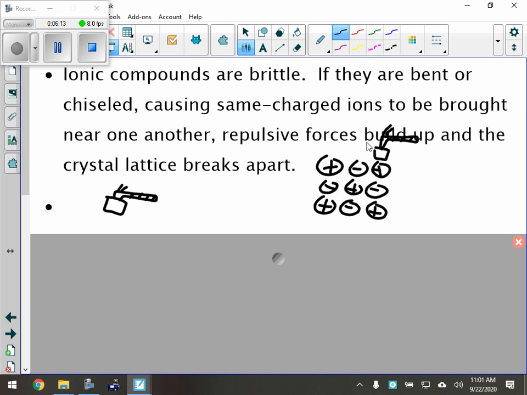And if you hammer on these ionic compounds, you shift them down, okay? And so what happens is we end up with this kind of thing. There's your left row there, there's the middle one. And then, of course, we shift them down so it looks kind of like this. Well, now, these like charges, if there's enough of them, they will build up those repulsive